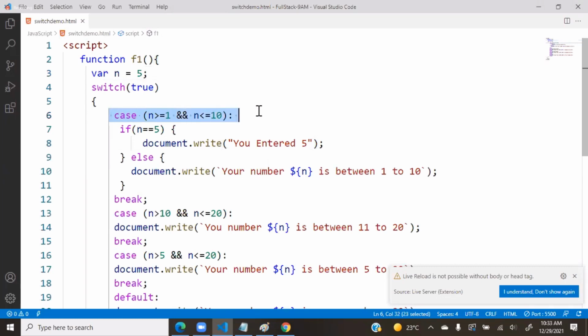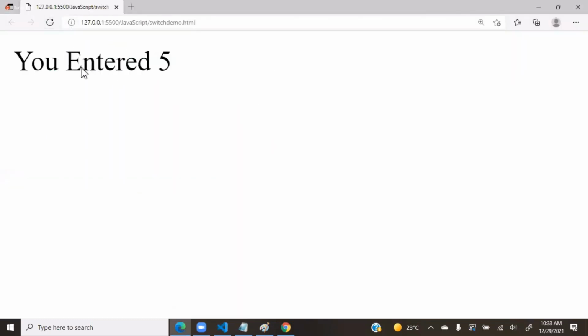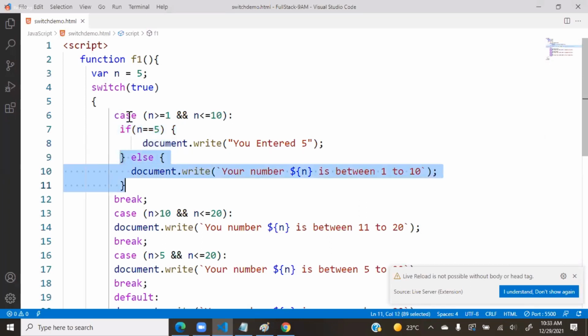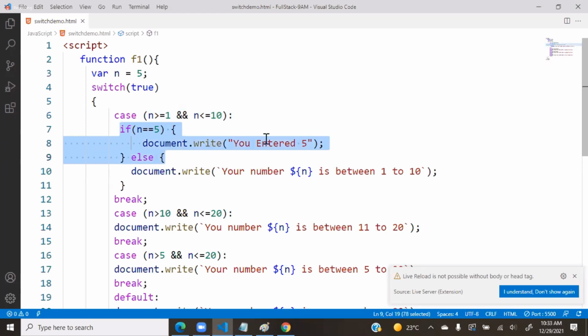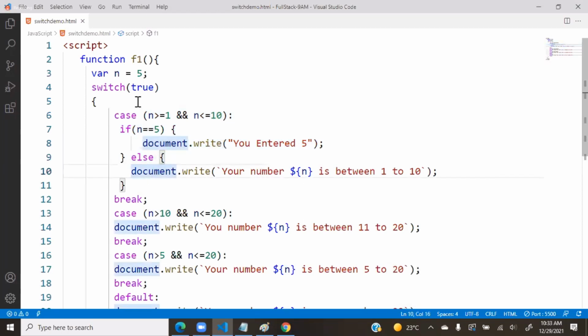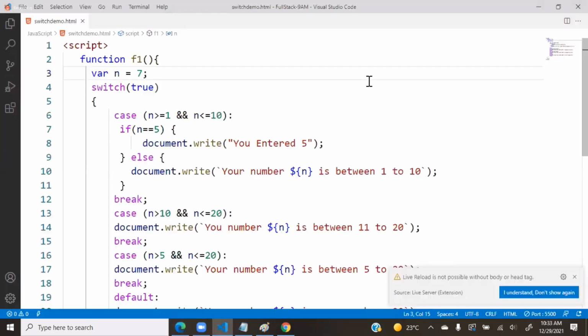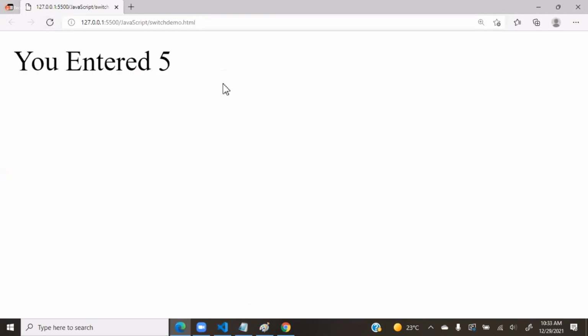It will enter into this case. After entering that case, it will check the condition. If the condition is satisfied, then it will execute this one. If the condition is not satisfied, then it will execute this one. That means first it should enter into the case. After entering the case, it will verify, is it 5? If it is 5, then it will say you entered 5. If not, it will take the else one. That means it says your 7 is between 1 to 10. If the condition is matching, then it can execute that. This situation,